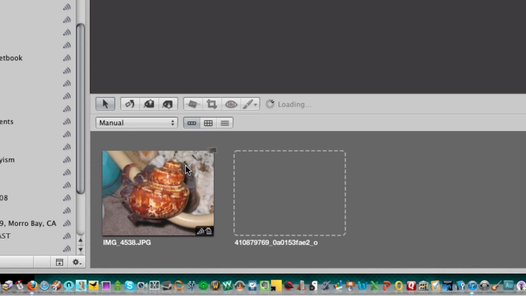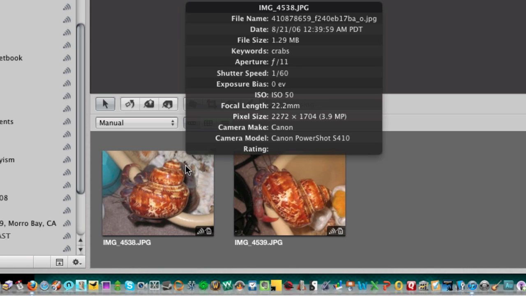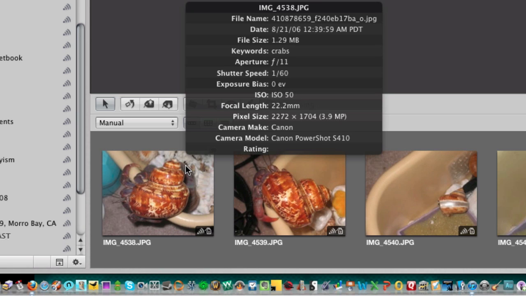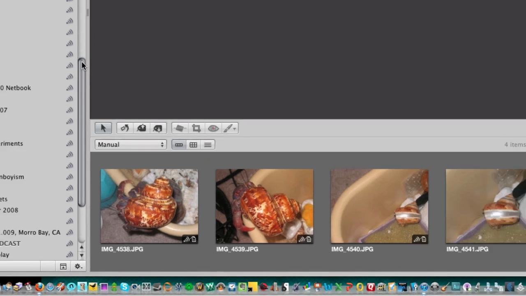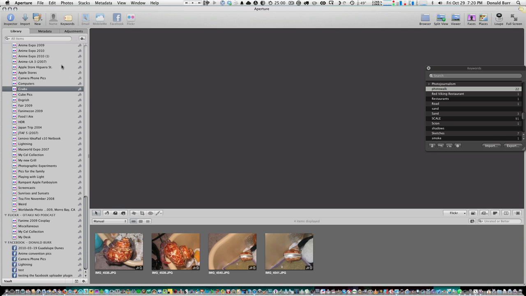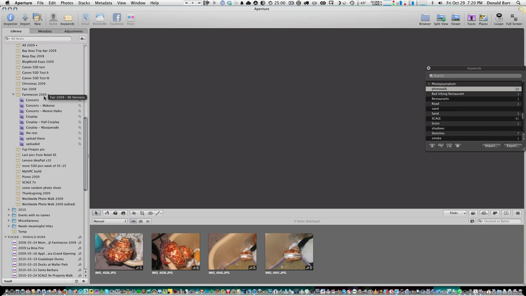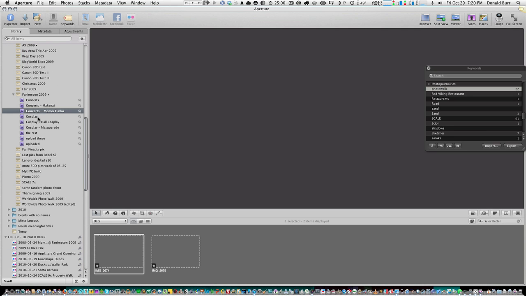Now, of course, these pictures aren't actually stored on my computer. These are being pulled off of Flickr, so I can't really do any edits or anything, but I can view them. So that's kind of handy. And again, when we go to post a picture,